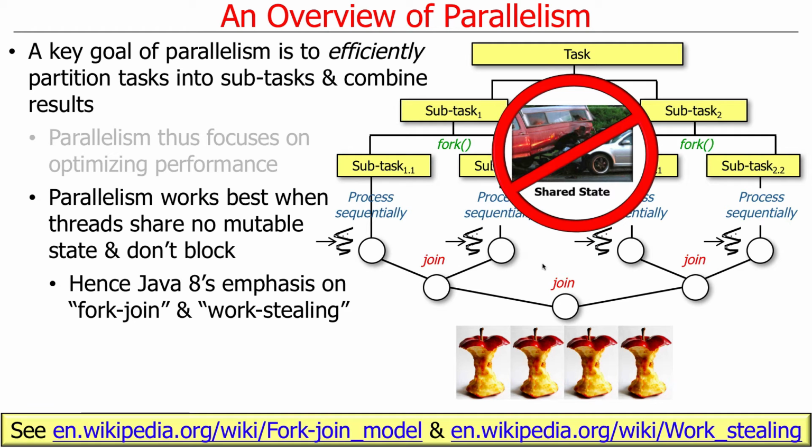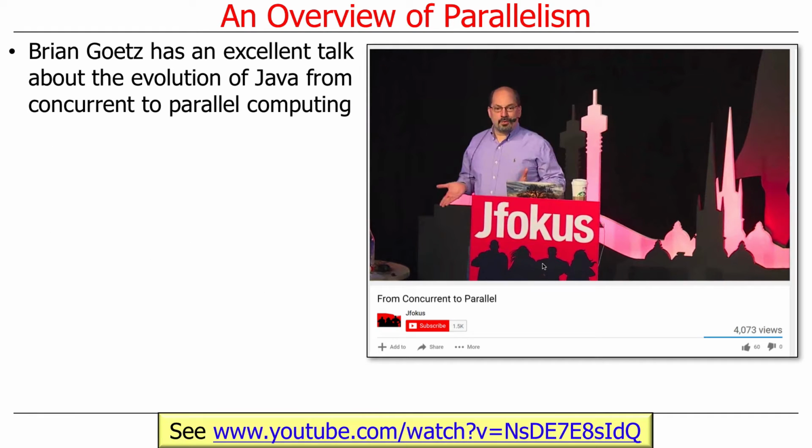Therefore, if you learn more about Java 8, and we won't talk a whole lot about that in this class, although you can learn more about it by watching last semester's lectures or coming back next fall and taking the class that'll talk about parallelism. There's a lot of discussion in Java 8 about fork join and work stealing. And the whole goal there is to be able to avoid having to block and keep things running as quickly as much as possible. There's an excellent tutorial by a guy named Brian Goetz, who's a Java architect from Oracle,